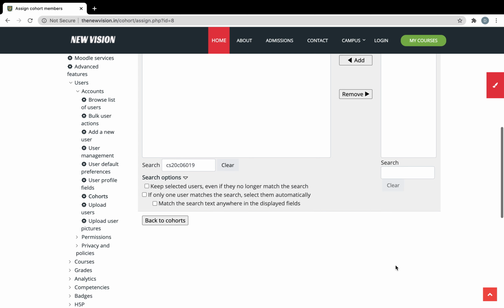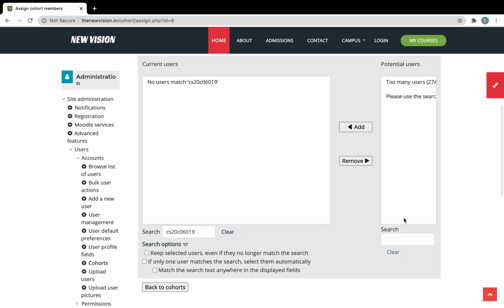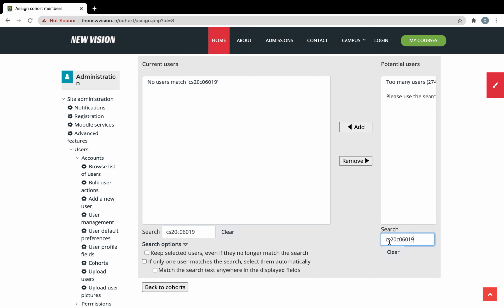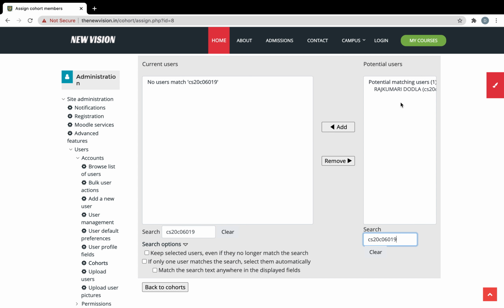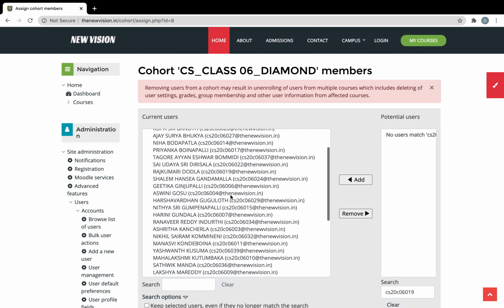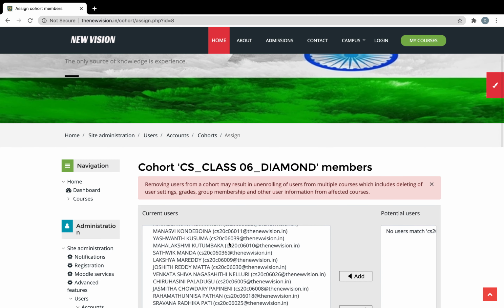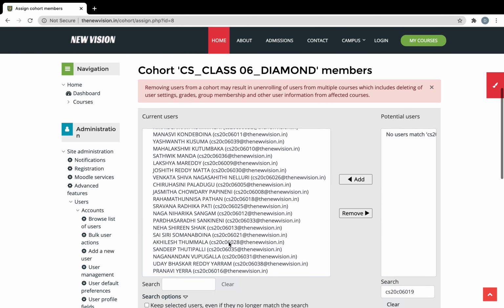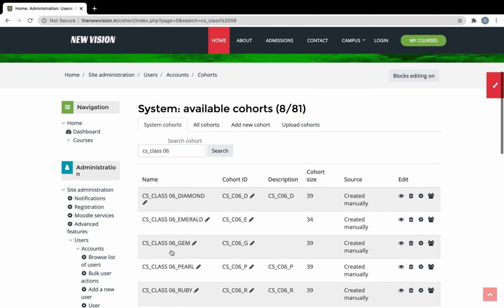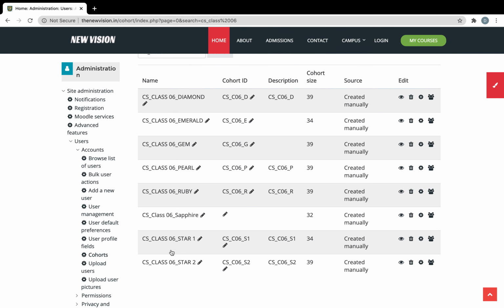There is no save button, you need not save. Similarly, if the student has cleared the dues, you can again paste that username and click add. So that user is added. So this is the list of users who get permission to see the courses. So this is how all the paid users' and unpaid users' accesses are managed.